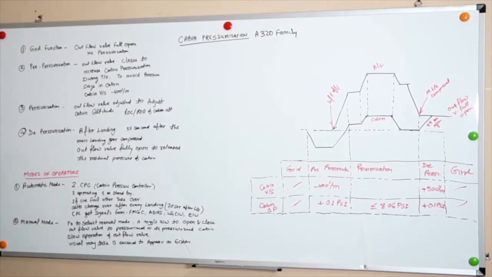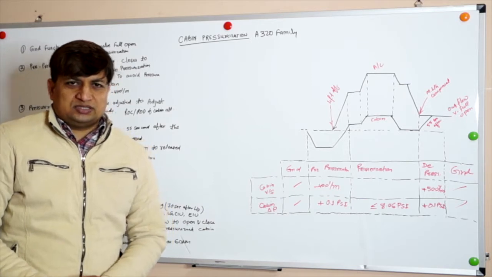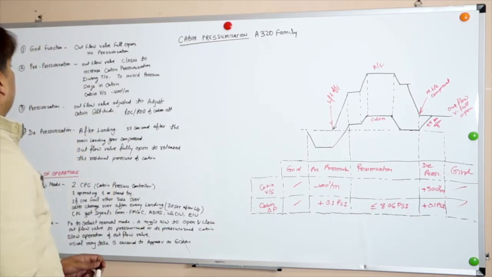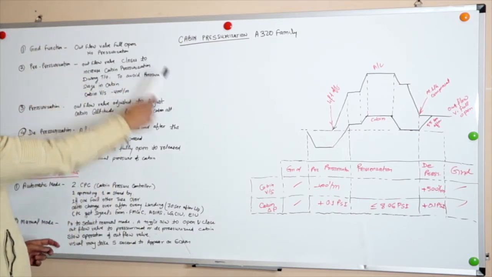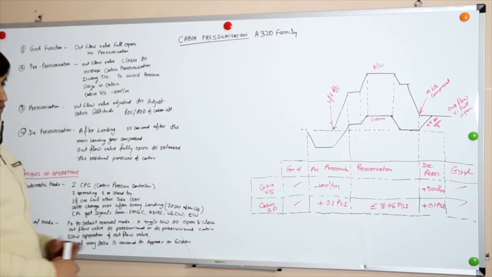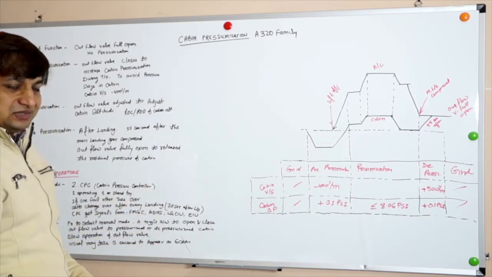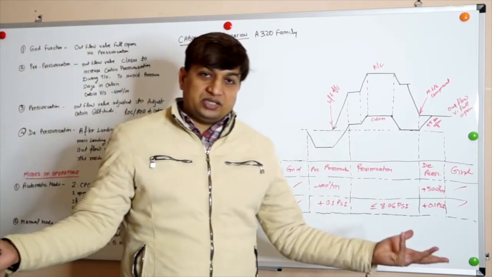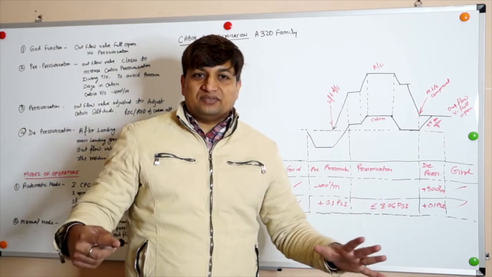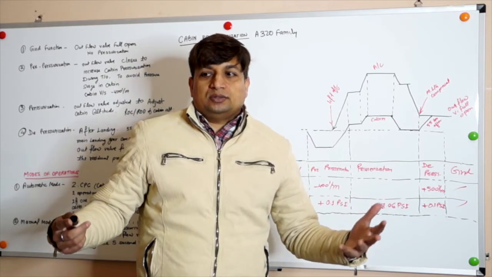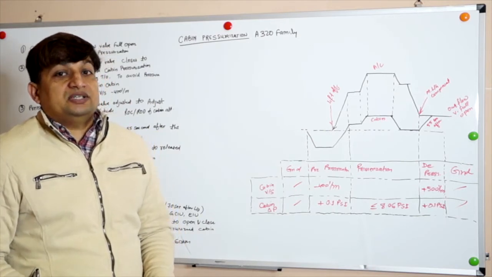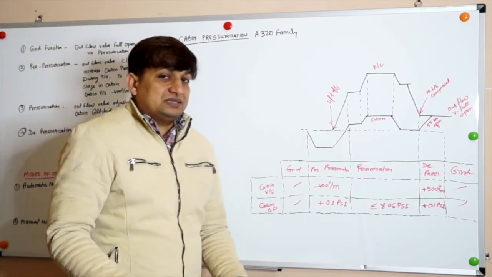First is the ground function. In the ground function, pressurization doesn't have much to do, because the outflow valve has the main role in pressurization. So the outflow valve will be fully open and there is no pressurization on the ground. Whatever pressure is outside the aircraft, the same pressure will be inside the aircraft. Pressurization means that when the pressure outside of the aircraft is very low, the inside of the aircraft is kept very high, to make the passengers feel comfortable.